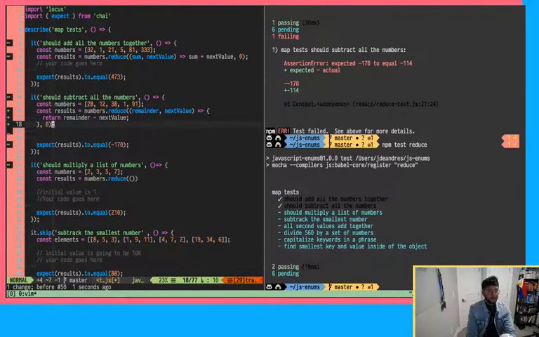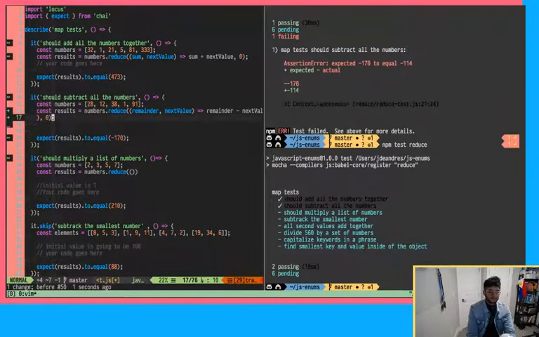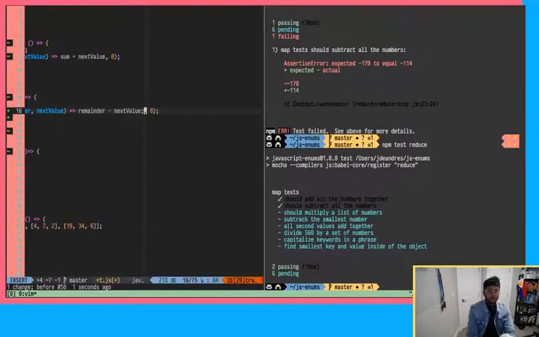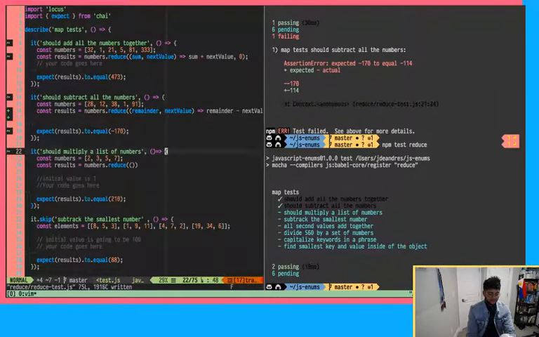Oh, real quick, we need to refactor this. So let's go ahead and get this on the one line. Right, and let's just remove that. And now we have everything on one line. Let's see if that works. It's going to yell at me because I skipped this test, so let's go ahead and unskip it. Ooh, whoops. And let's run this